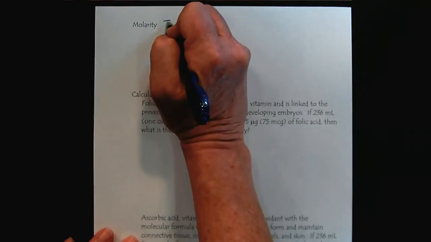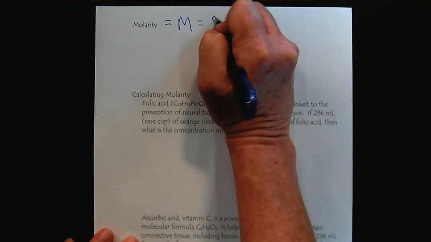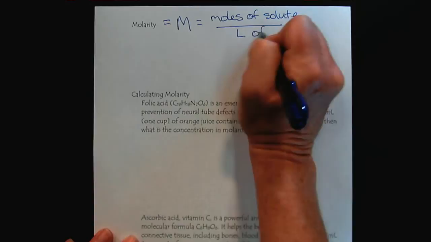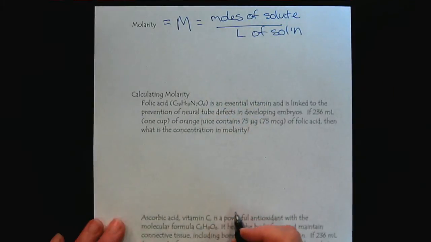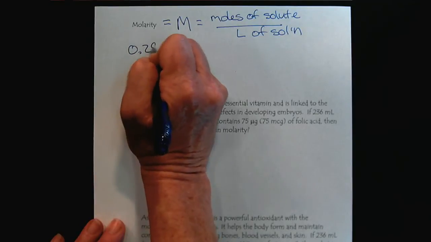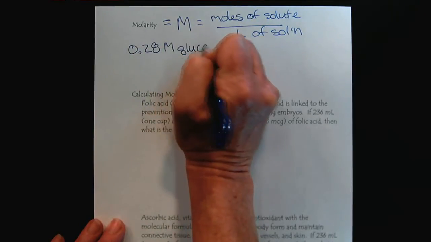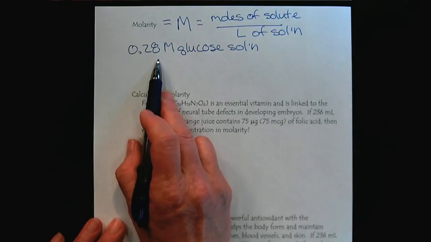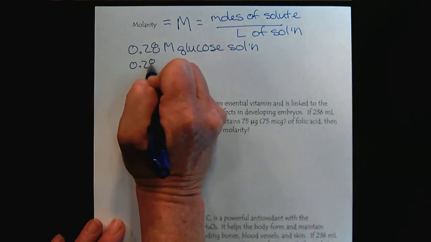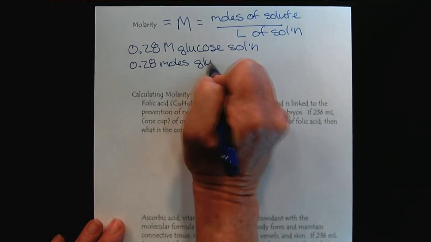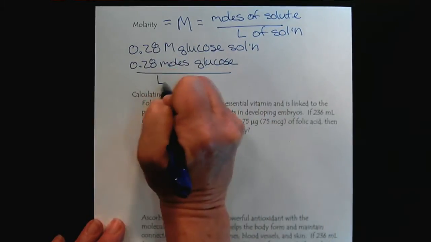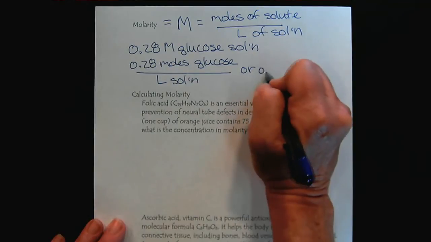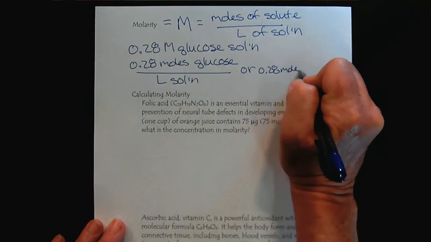So molarity is represented with an uppercase M, which stands for moles of solute over liter of solution. So for example, if we have a 0.28 molar glucose solution, we can interpret this information one of two ways. We can see it as 0.28 moles of glucose per liter of solution, or we can write it out as a conversion factor, 0.28 moles glucose